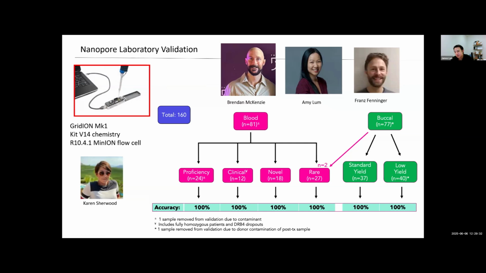When we first mentioned that we wanted to use nanopore for sequencing, there was a lot of concern because of accuracy rates. But over time, the chemistry improved. And as you see here, Karen Sherwood, who is an HLA director in the lab, as well as our senior technology team, we completed the biggest validation using nanopore to date. I think right here is 160. Now it's over 200 in our lab. And we put through samples to this technology using the most challenging specimens that we have.